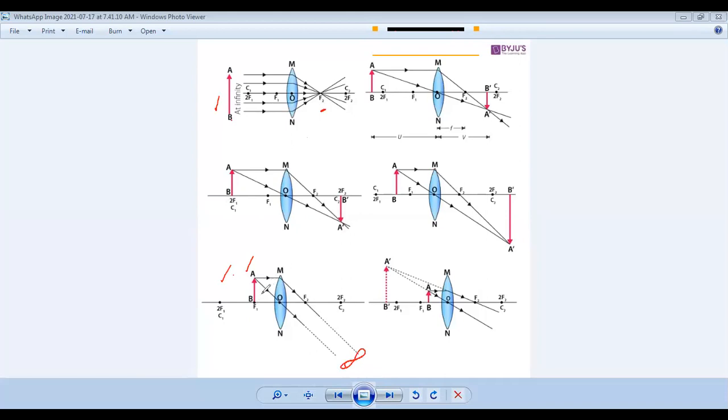So you can see the erect object is in front of the convex mirror, at the exact position of the focal length. This lens we took, and we said its focal length is 20 centimeters. So now the object is exactly 20 centimeters in front of my convex mirror. What will happen? See, two rays: one ray passing parallel will pass through the focal point, and the second ray is passing through the optical center, right? I got two parallel lines emerging from it, and I got the image at infinity, at a far distance, right? And this time also the image size is enlarged.